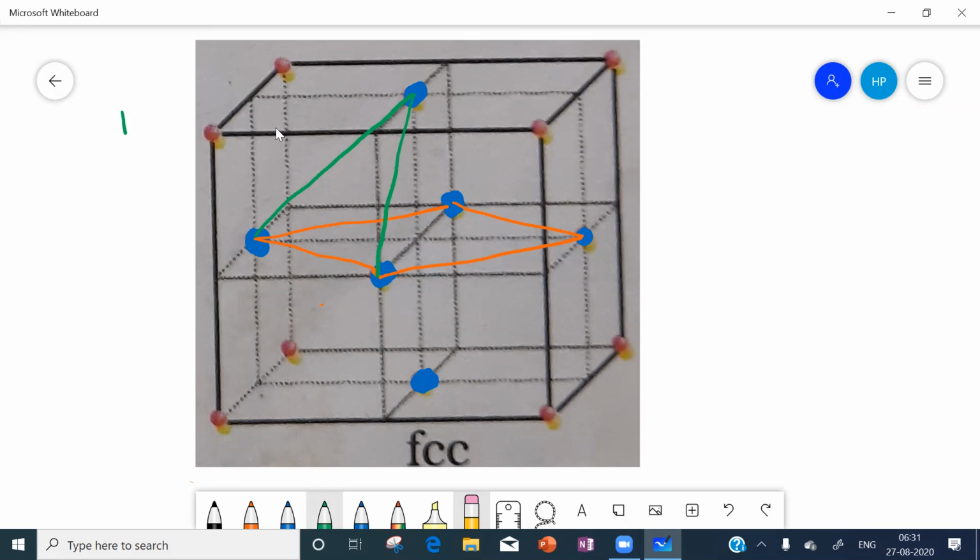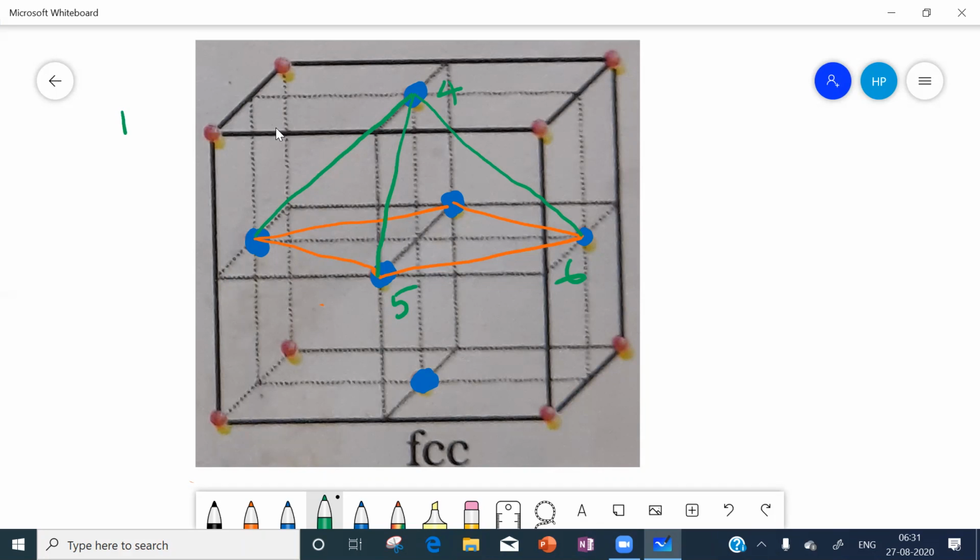Next we will go for the next triangle. For the next triangle, let us join these two. Now I will take face center number 4, face center number 5, face center number 6.